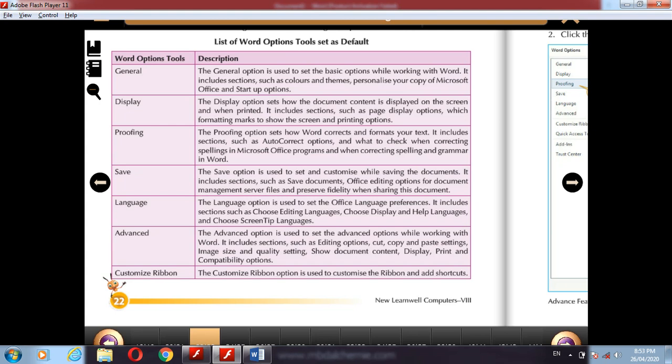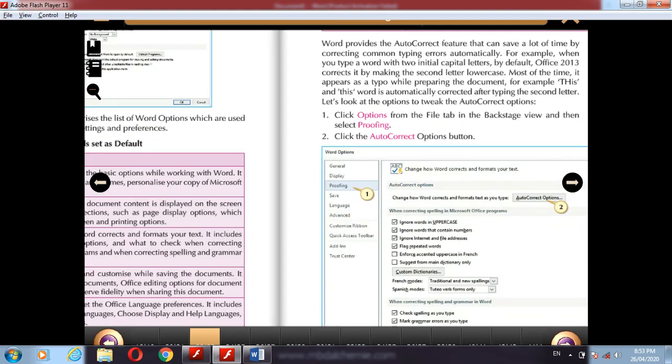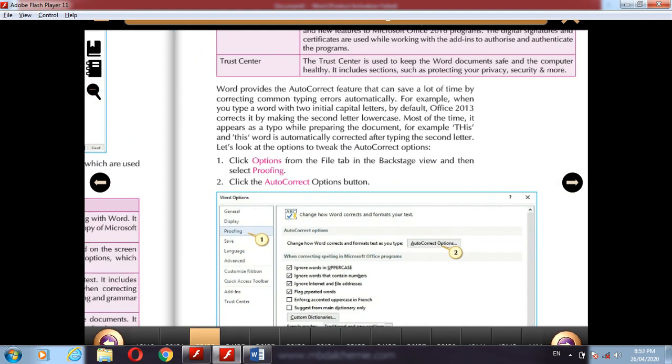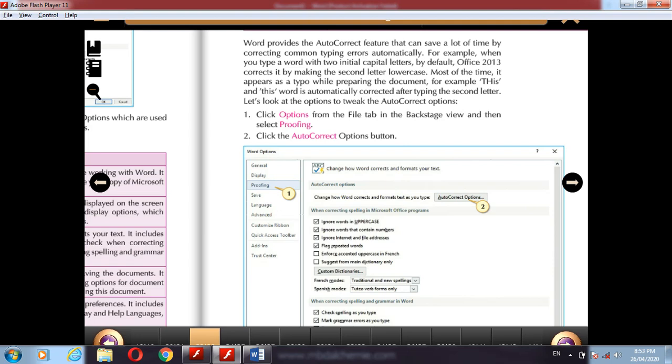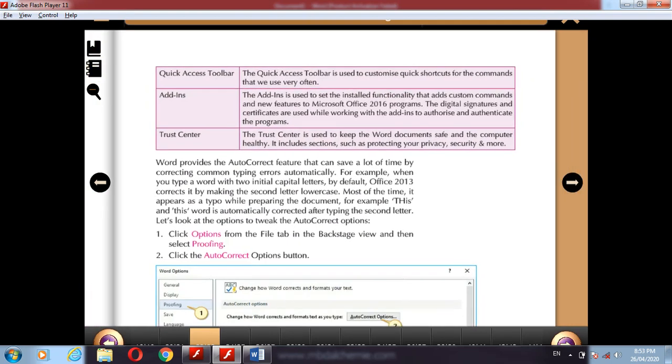So let's look at the option to tweak the AutoCorrect option. Open the Options from the File tab, Backstage view, and then select Proofing. Here we can go to the File tab, then click on Options, then select Proofing.